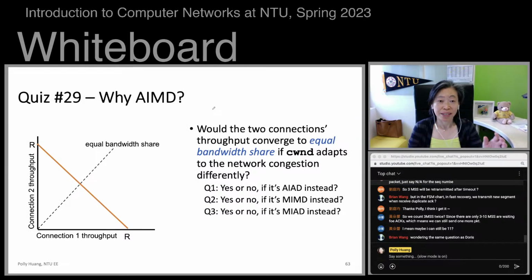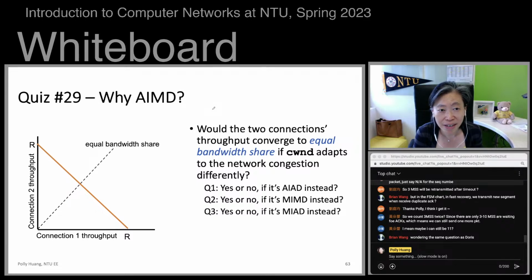Yeah. So fairness, again, as I said, it's philosophical. Definitely, there are several internet engineers, very senior ones, who think that it's better to make it fair. And as you see Polly illustrating, AIMD will actually take 2 connections' throughput to equal share. But you also see from the video that one can always do something at a higher level, at the application level, such that you get an unfair share of throughput for your data. But anyhow,